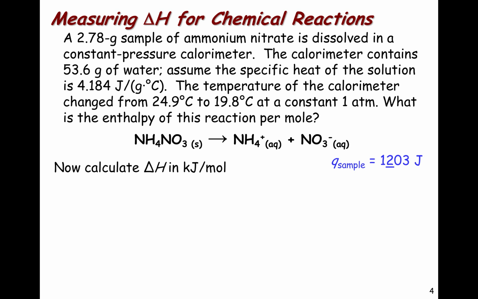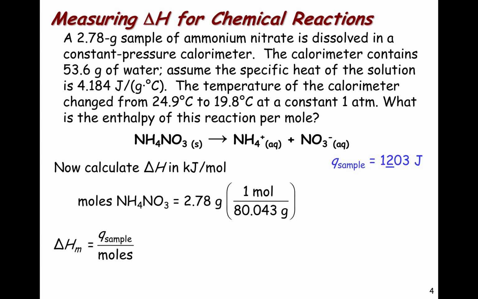And so now we've got to calculate our delta H in terms of kilojoules per mole. And so the first thing is, we know that the delta H is the Q divided by the moles. We first figure out our moles by taking the grams of the ammonium nitrate and dividing by the molar mass of ammonium nitrate, which is the sum of all the atomic masses in the formula. And we come up with